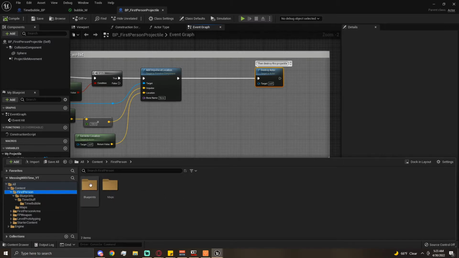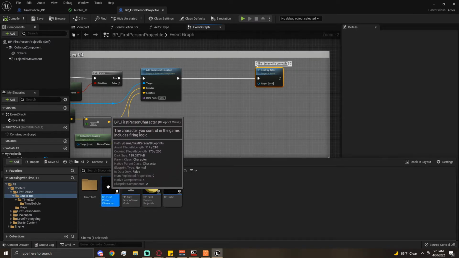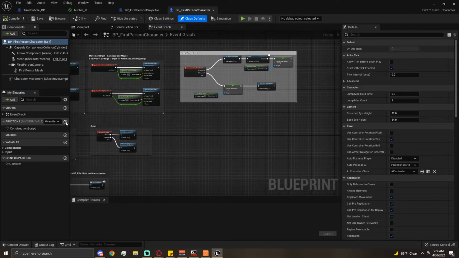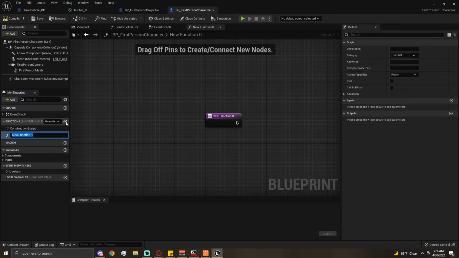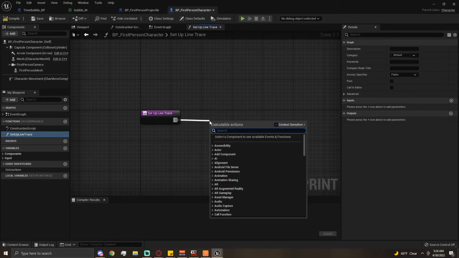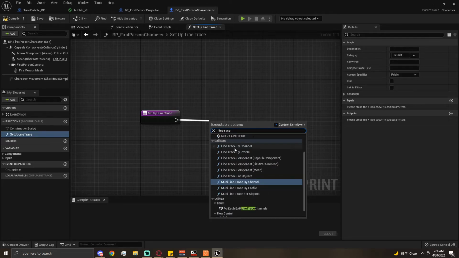Go back to our first person blueprints and open up our first person character. I'm going to make a function here really quick because we're also going to use this line trace for the single target thing in our next video. So we'll go ahead and get that done right now because we're going to be using it for this as well. We'll just call this setup trace. This is going to take a couple of things, but I'll show you guys a quick and fast way of doing this. What we can do is just say line trace by channel,